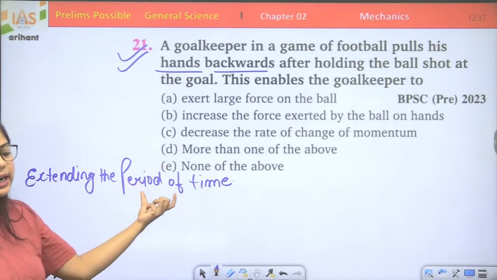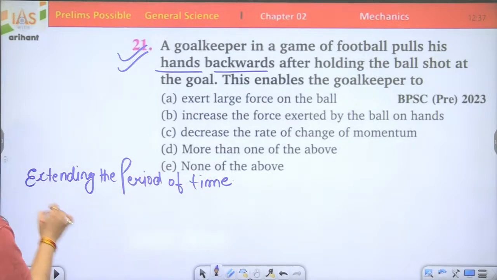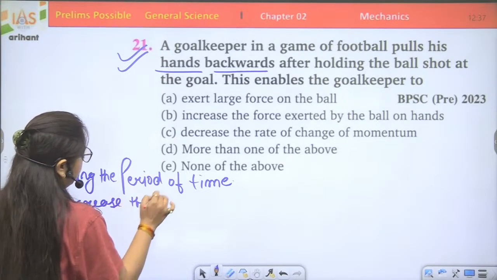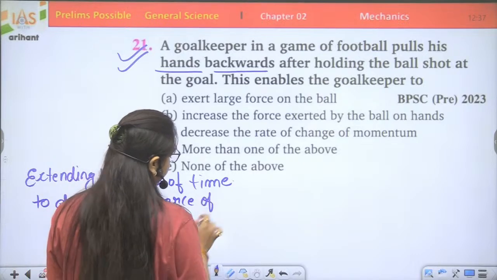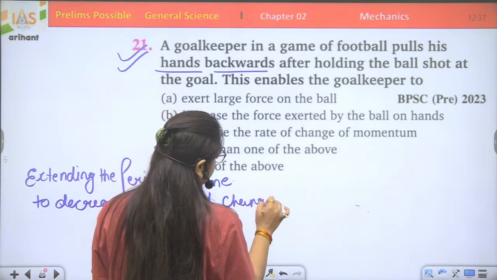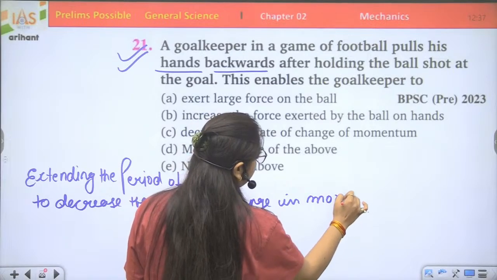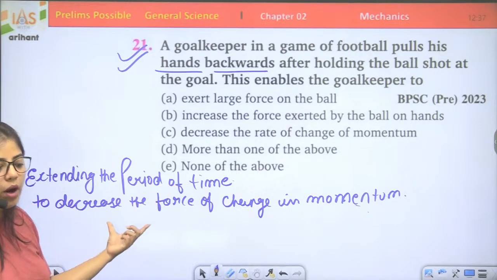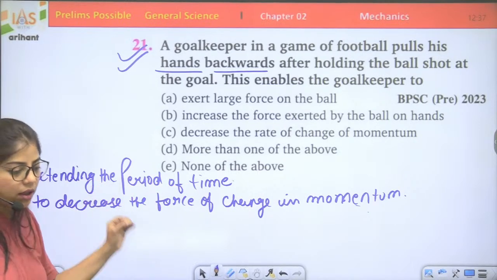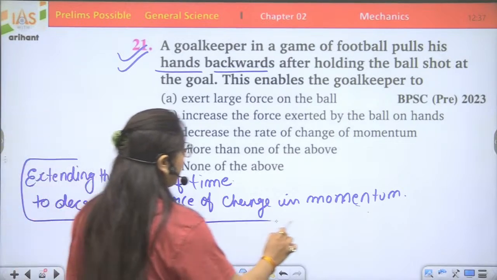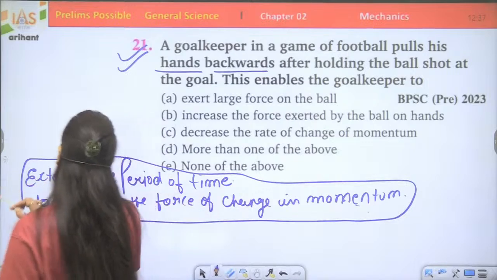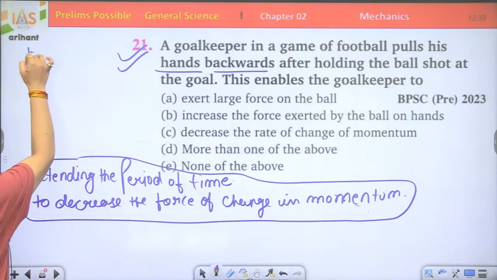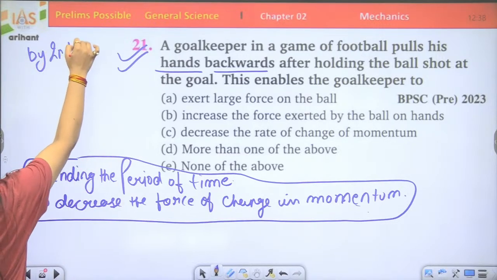To decrease the force, the rate of change of momentum, right, that the football exerts on him. And this is because of the second law of motion by Newton. All of this is because of Newton's second law of motion. So by the second law of motion,